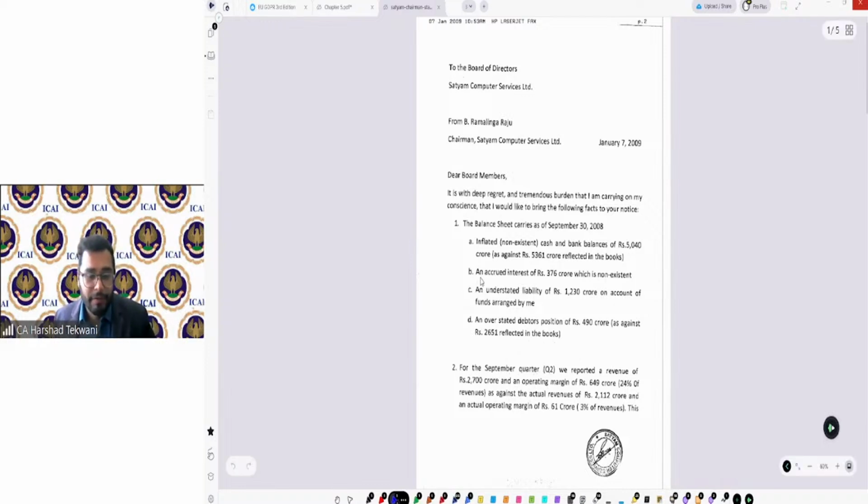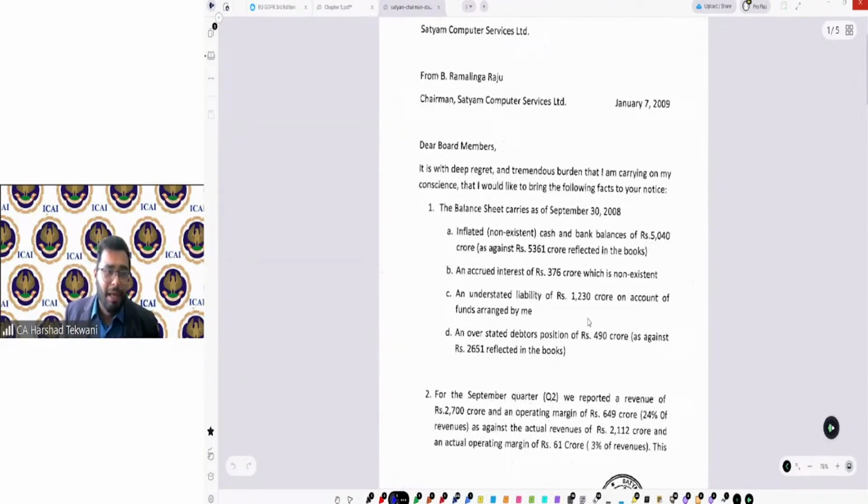This is that letter, which was signed by B. Ramalinga Raju. I want to focus on one particular point he wrote: inflated, non-existent cash and bank balance of rupees 5040 crores against 5361 crores reflected in the books of account.